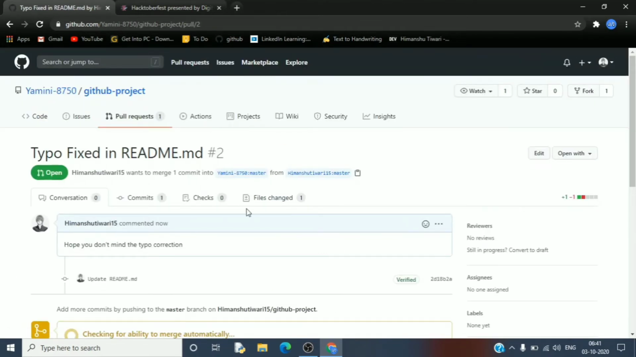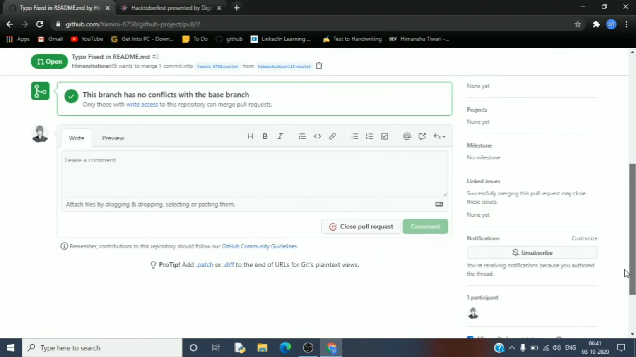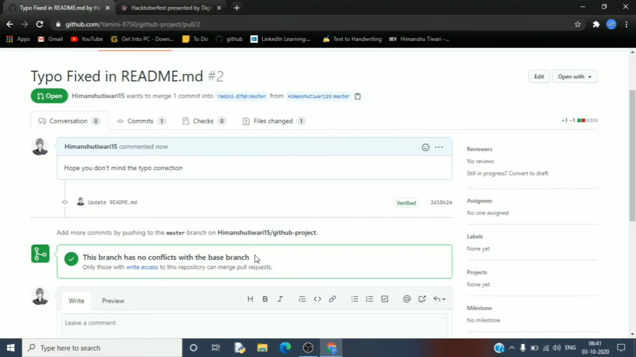now Yamini should get a mail for my typo fix, and she will check whether she likes it. She will merge it, or she can reject the PR, or she can leave it, whatever. But this branch has no conflicts with the base branch. That's a simple message. Whenever she merges it, this will be written in purple color, merged. Okay, so this is how you can do a PR, a pull request, without using Git, simply from your GitHub